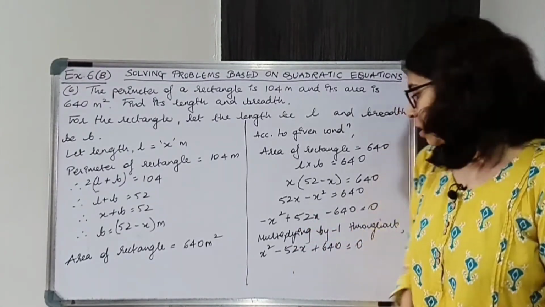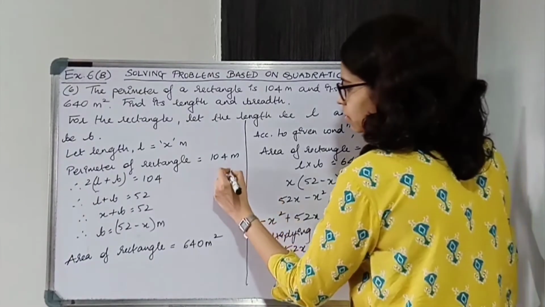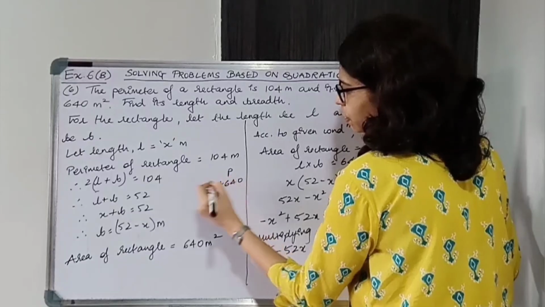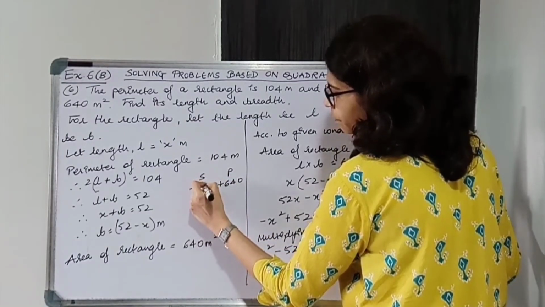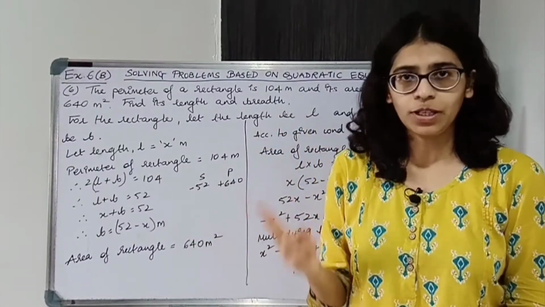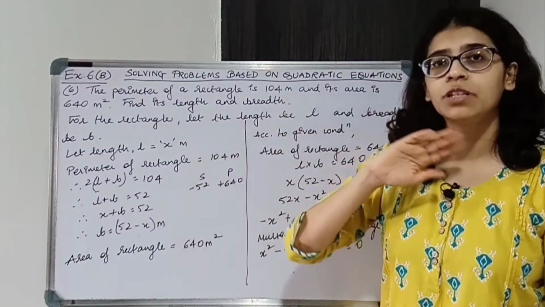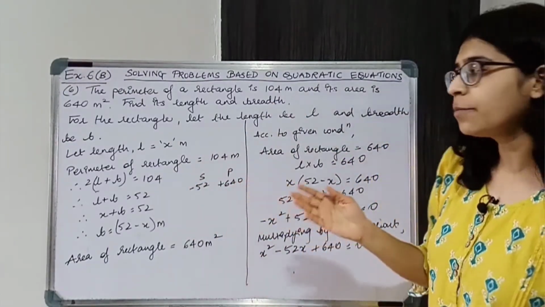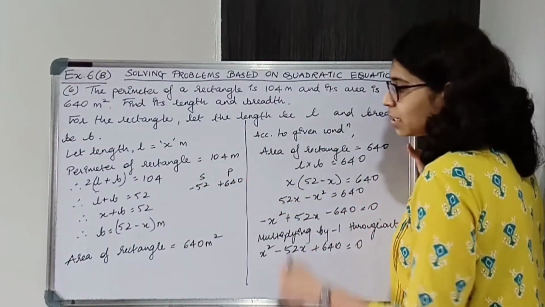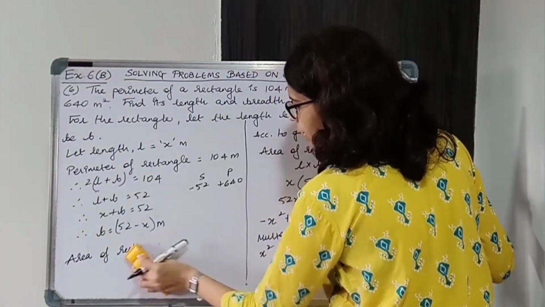Now product is 640, sum is -52. So product is 640 positive, sum is 52. Product positive है मतलब both the factors have same sign. Okay, what is the sign? Sum will tell you. Sum is negative मतलब the factors have negative sign. Okay, so both the factors are negative. 640 को factorize करते हैं. Okay, 640 का factors find करते हैं.